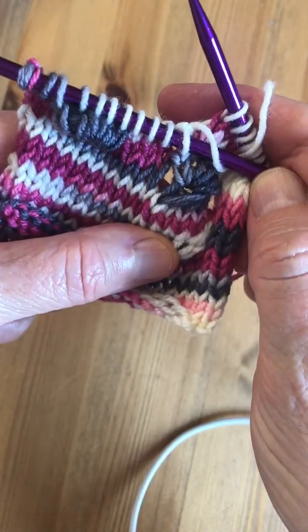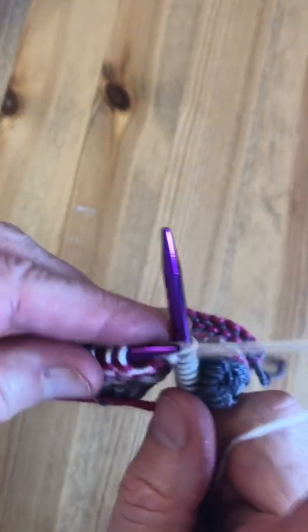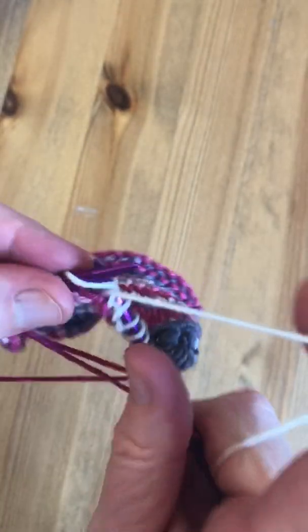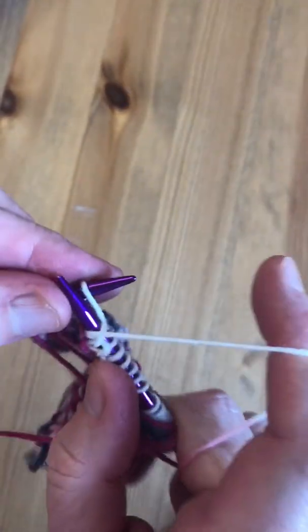And there's another one. So now, one moment, I'm going to finish this row so I can show you how to do it from the right side, which is really almost no different, except for that you knit and wrap twice rather than purl and wrap twice. Otherwise you do the same thing. You knit and wrap twice, then turn, drop the extra wraps, knit, purl, knit into the stitch,